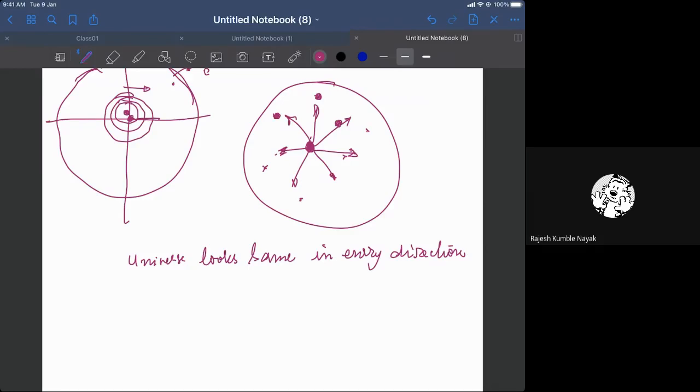An astronomical unit, 1 AU, is the distance between the Sun and Earth, of the order of 10^11 meters, and the whole solar system is about 100 to 200 astronomical units. On that scale also, it doesn't look anywhere close to homogeneous and isotropic. We go to the next scale. The next scale is our galaxy. The galaxy contains stars like the Sun, of the order of 10^11 stars.